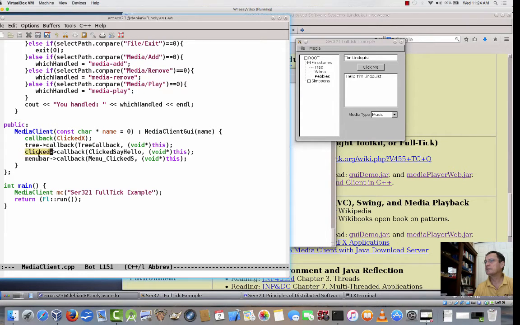So clicked is the click me button, and its callback is clicked say hello. Well, it's not actually say hello, it should be click me. But the name of the method above is clicked say hello. And then the menu bar's callback is menu clicked static. All right, so what's